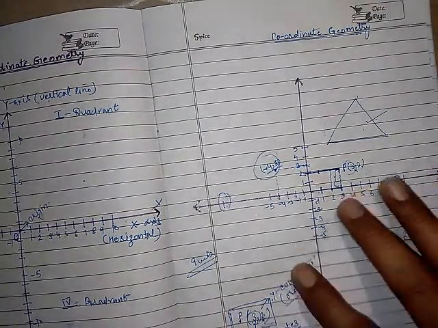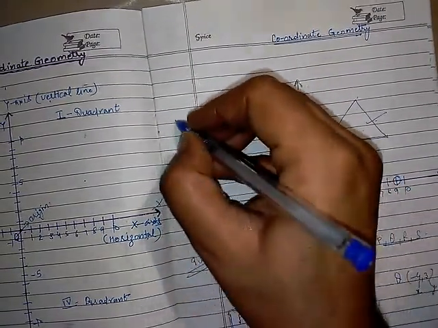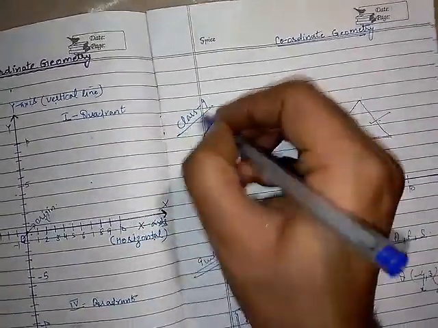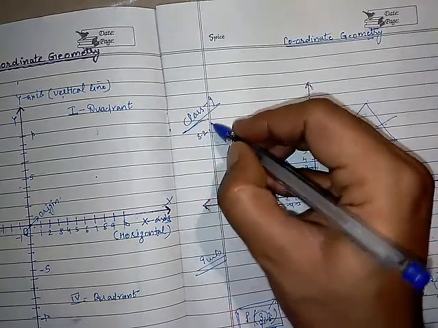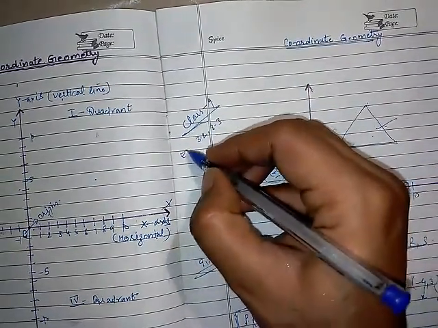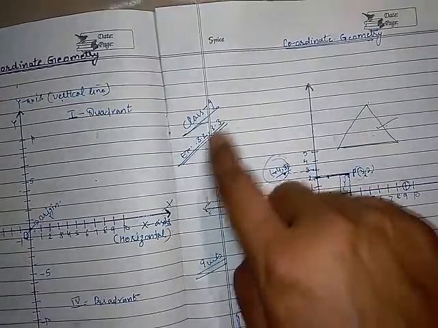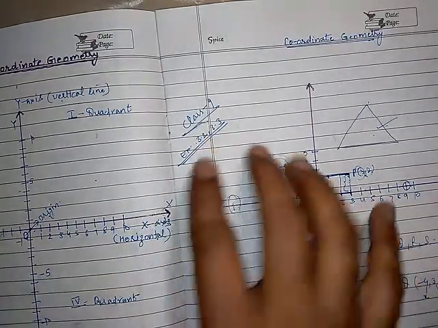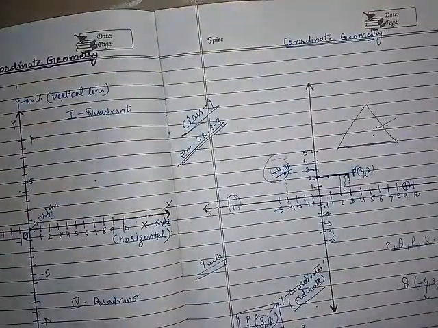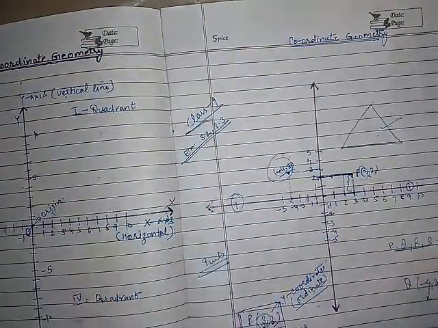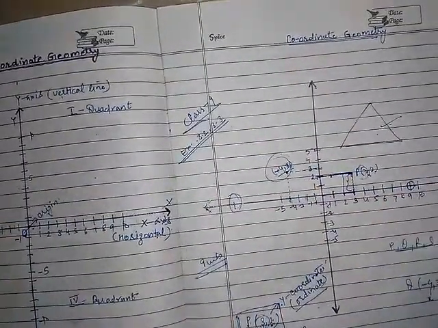Okay, and the book exercise you have to complete yourself. In class 9th you will go to exercise 3.2 and 3.3. This much only, nothing is there in 3.1. Okay, this is for your general knowledge only, because when you do these two exercises, it means you are revising all these concepts. Already we have discussed them here, right? So you need to do these two exercises, and your chapter will be complete.